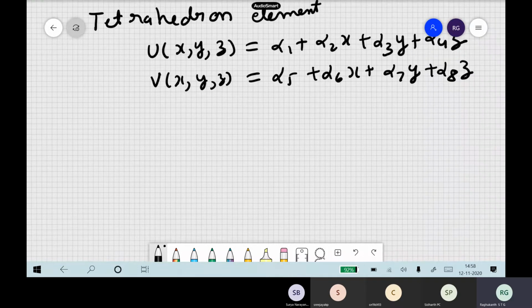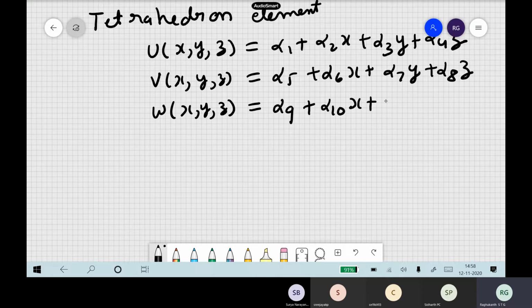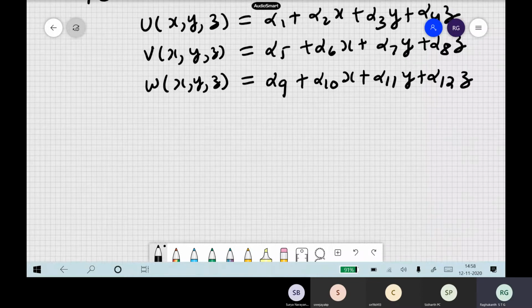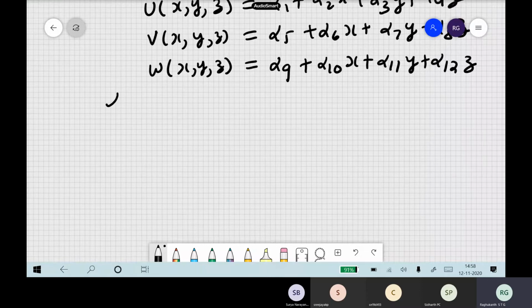These are widely used elements, and it works much better than your hexahedra or other elements, because it is linear, so oscillations will be very less for this type of element. So generally for faults, in many cases, whether SPEED or any finite element, if you see the old papers in seismology, everybody uses these tetrahedral elements only. Now we have alpha 1 up to alpha 12, so these are all the constants. Now you have to estimate these from your nodal conditions.